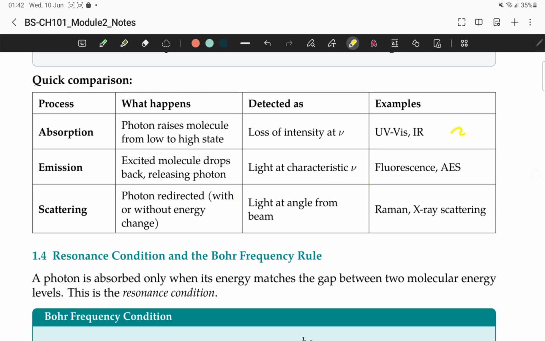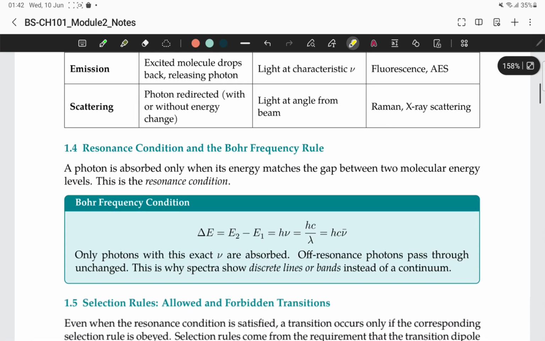For example, absorption is seen in the UV-visible region or the infrared region. Emission can be seen in fluorescence and AES, and scattering simply as Raman scattering. X-ray scattering is also there, no doubt. And then after that you can see